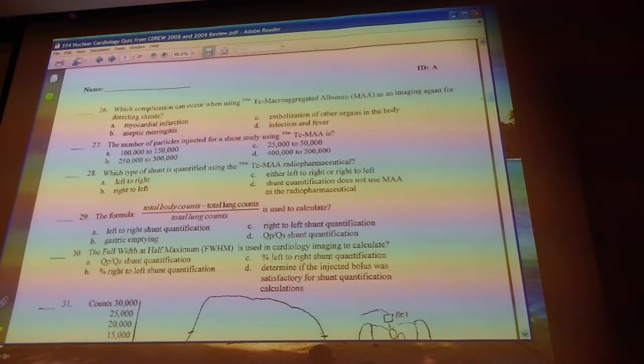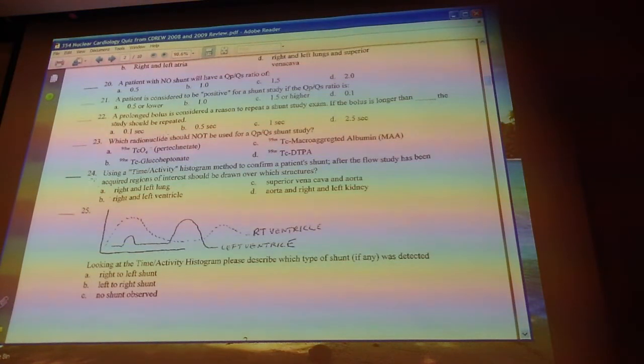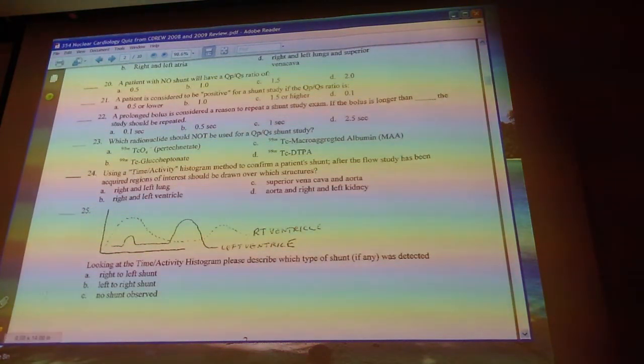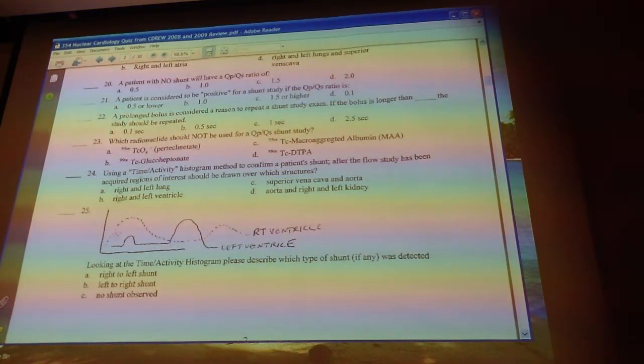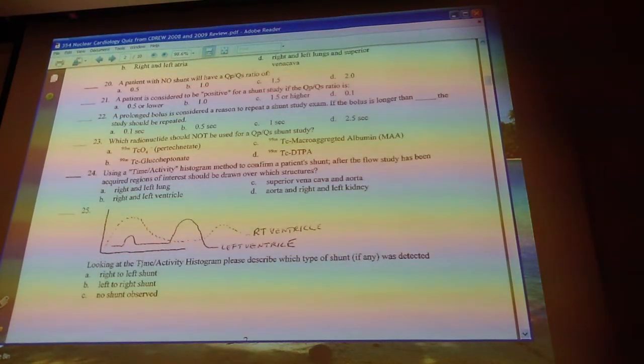Okay, so let's see what else we have here. Okay, this is another thing here. On this type of a thing here, this is using a radiopharmaceutical, and what you're doing is you're drawing a region of interest over the right ventricle and one over the left ventricle. Okay? Everyone okay on that? When I inject the radiopharmaceutical,